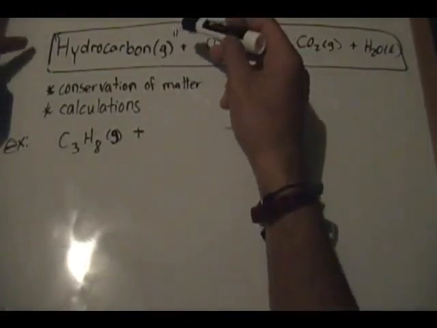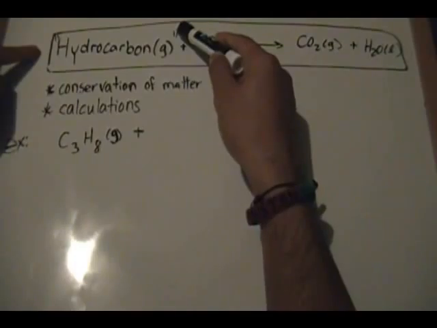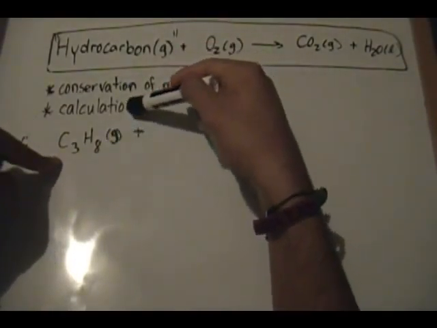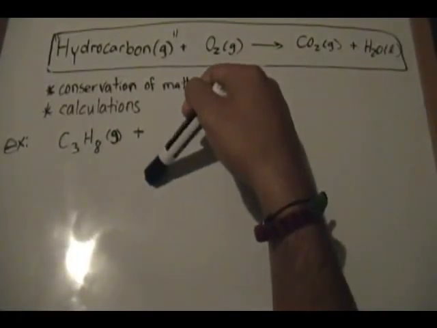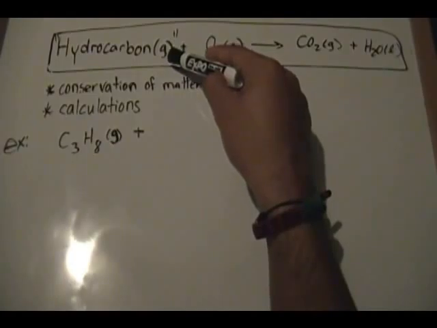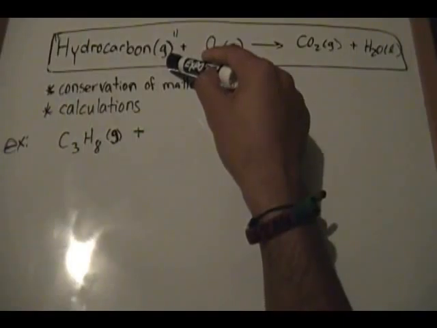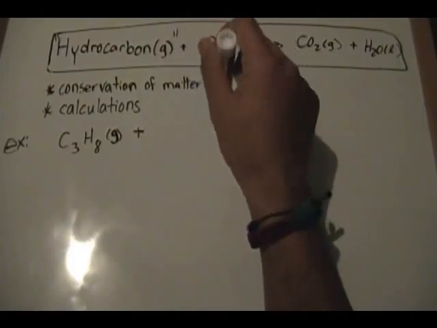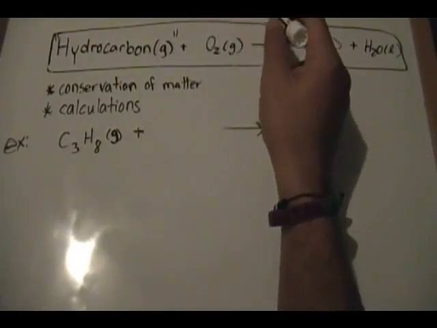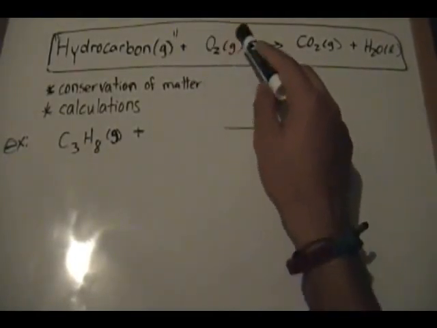Now again, the reason why I put these quotes here is that you don't always have only hydrocarbons. You could also have other species as well. It's not only limited to hydrogens and carbons. You could also see oxygen present, and you'll see an example a little bit later. Also realize that the G state, the gaseous state, is what this represents in the parentheses. It does not always have to be in the gas form. It could also be in the liquid or solid form. That's something to realize. But for the rest of these, you'll always have O2 gas in the starting material